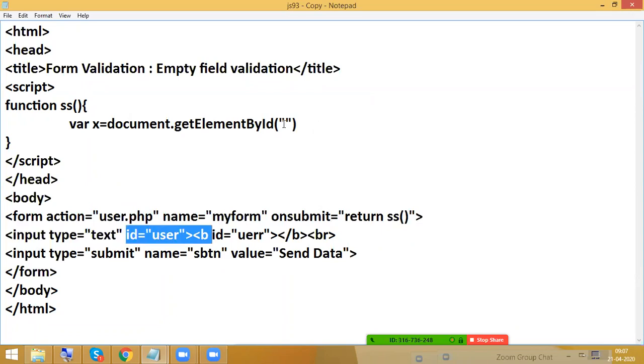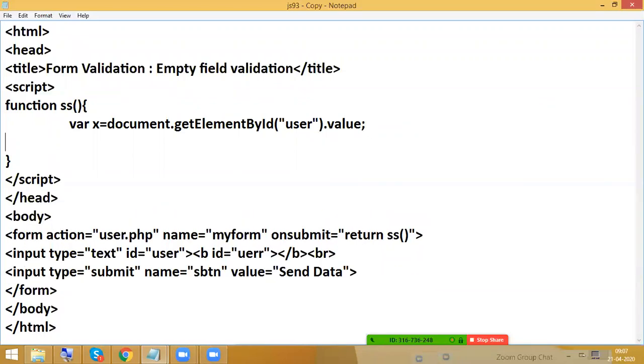User dot value. So x is nothing but whatever we are typing. isNaN. What is the meaning of this? Is not a number. If it is not a number, then only it should accept.